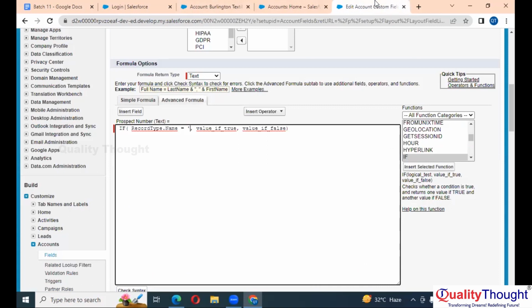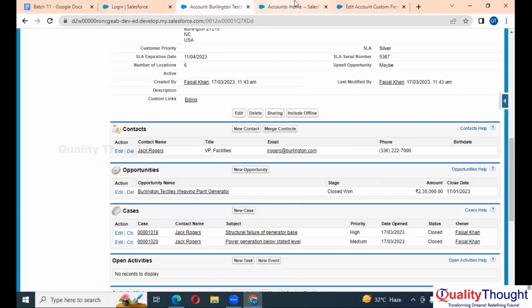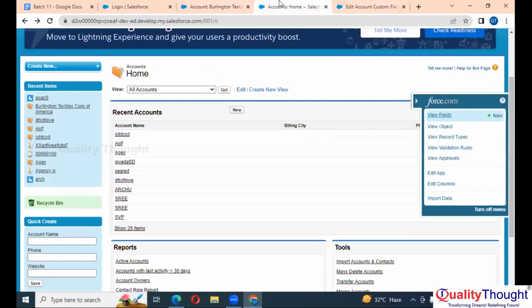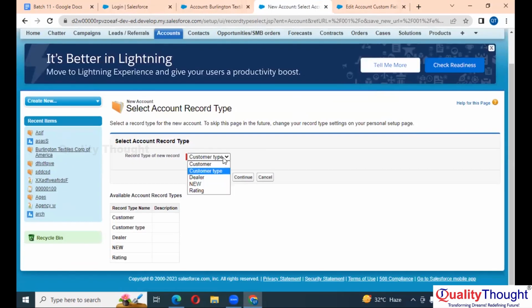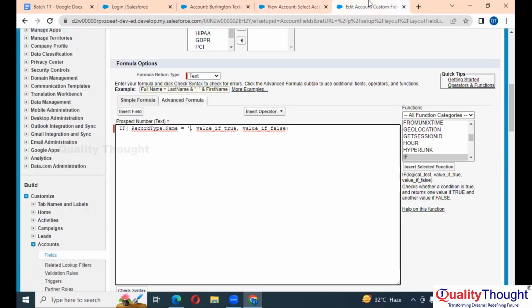Now you have to be very careful. Formulas are case sensitive, right? Formulas are case sensitive. If you write something like dealer in all caps DEALER, now you can't write it like this with a small d. You cannot write small d. You have to mention the capital D, otherwise it won't work. This is why we call it case sensitive, right? Now if record type name is dealer,